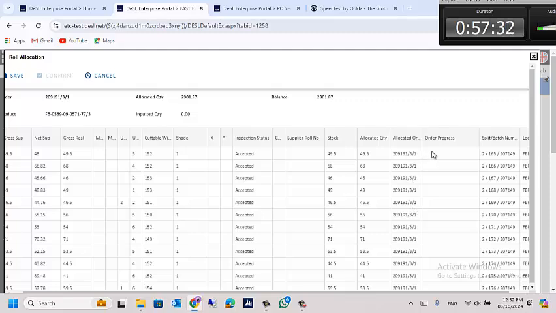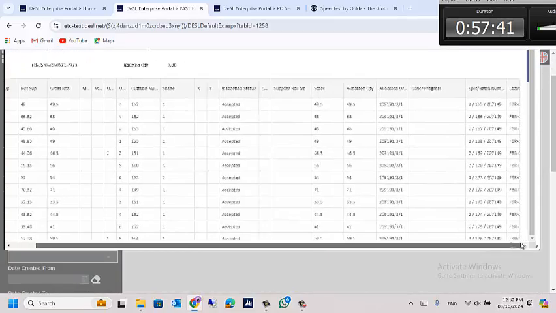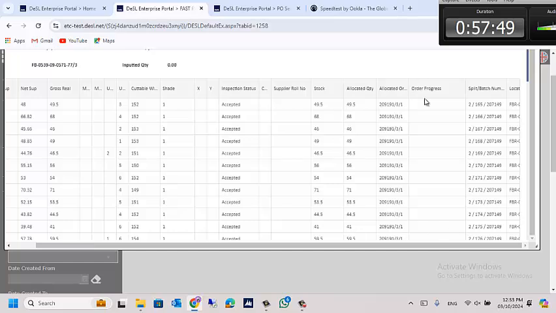So what you can do, if you need to use this one, just a second, stop allocated quantity, location,